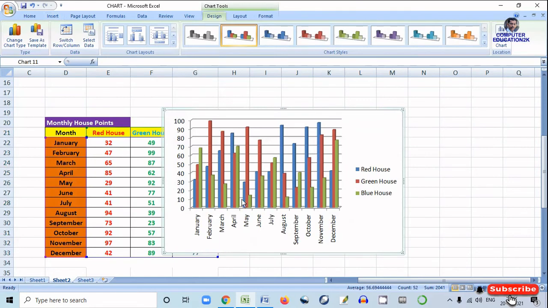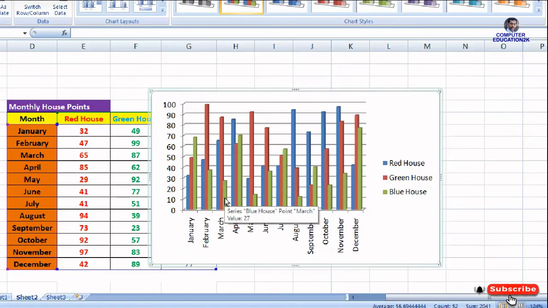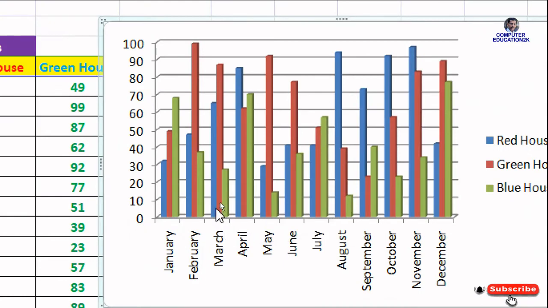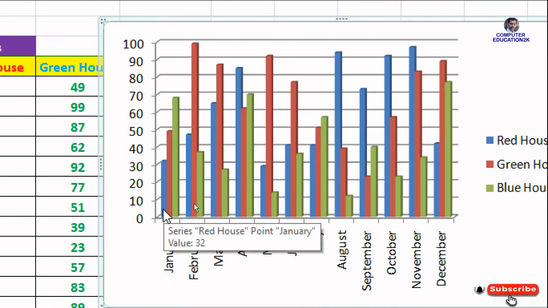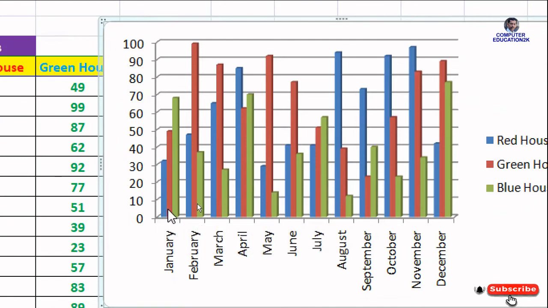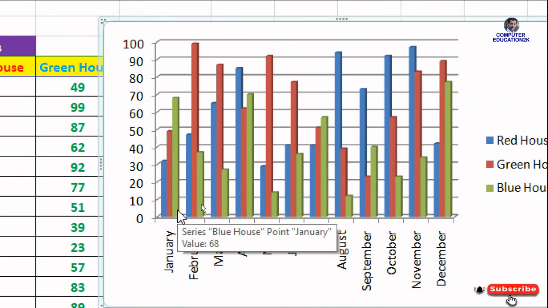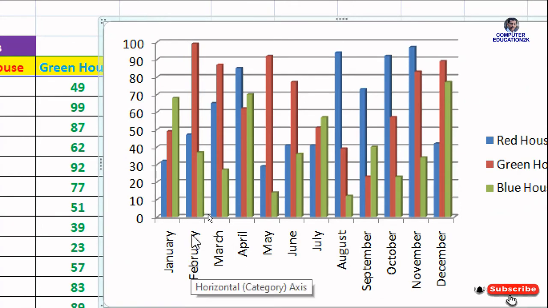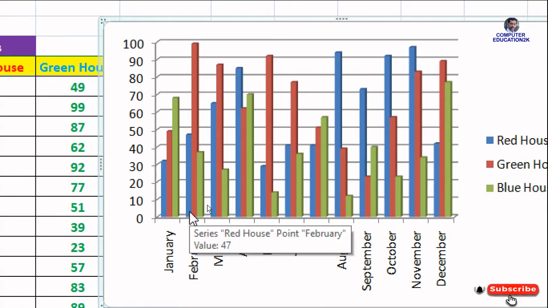Now you can see in the month of January, this is the chart for red house, then green house, blue house. In the month of February, this is the chart for red house, then green house, then blue house.